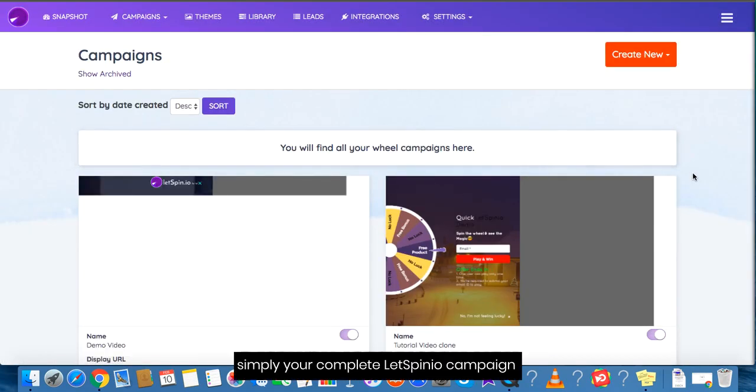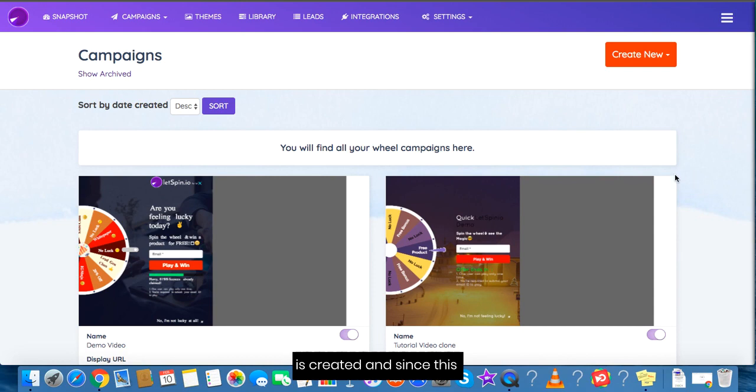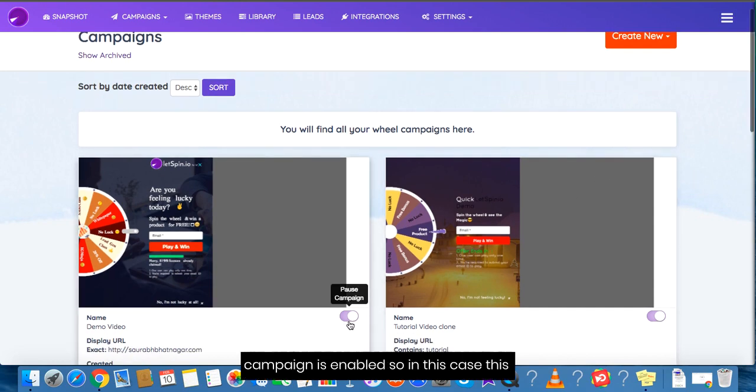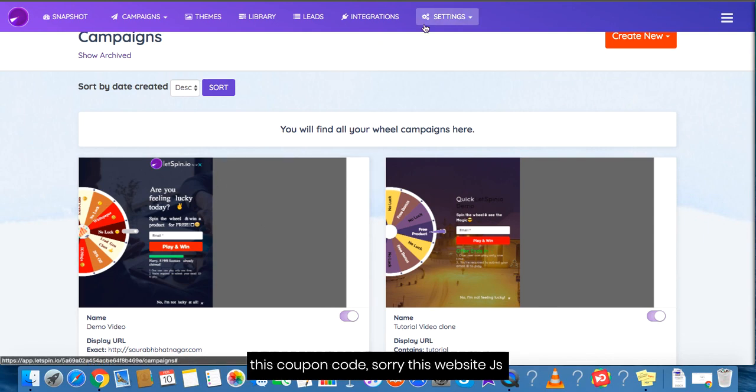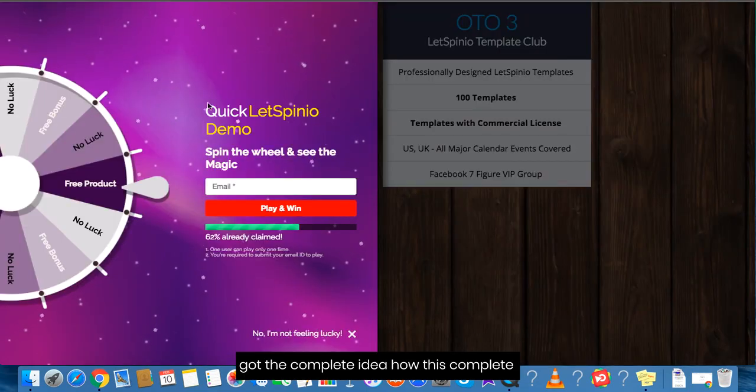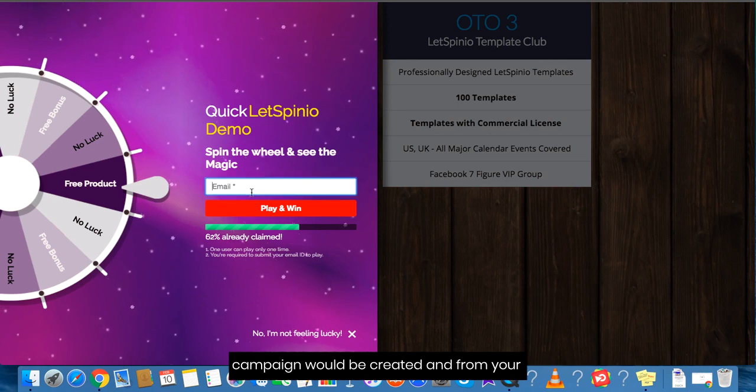So that's how simply your complete LetSpinio campaign is created, and since this campaign is enabled, in this case this campaign would be live on saurabh.bhatnagar.com, right? So I have not entered this website JS code on my website. So in this case the campaign would not be live, but that's the only final last step. And this was the complete summary of how the complete campaign would be created. So you have got the complete idea how this complete campaign would be created, and from your users point of